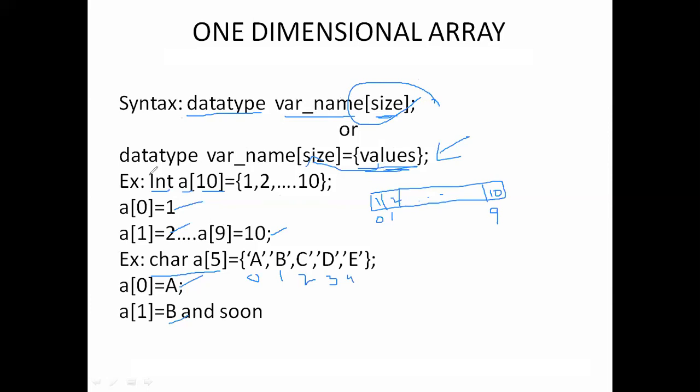Here is your example, int a[10]. You can directly store values from a[0] to a[9] in the array. If you want to give your own values, you just write an input function for that. If you want to store characters, you always have to represent them in single quotations. Just remember. So here a[0] contains a and a[1] contains b. Okay, clear?